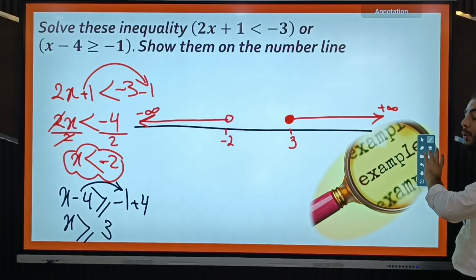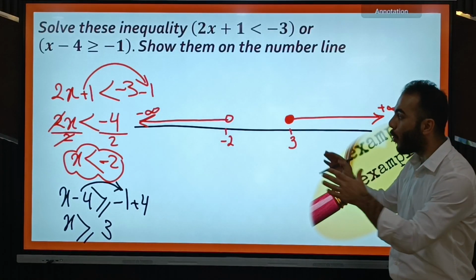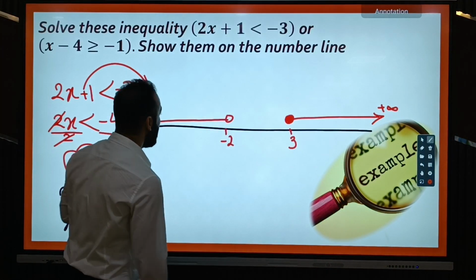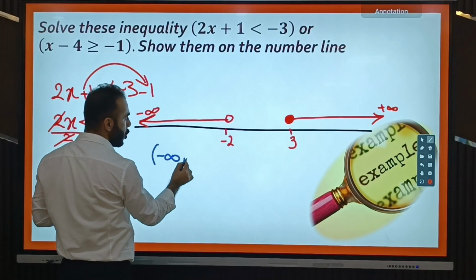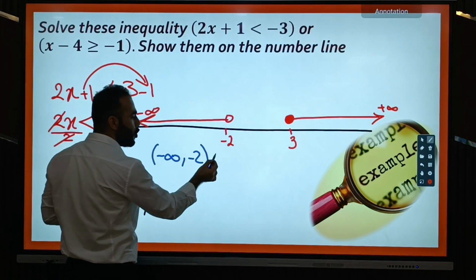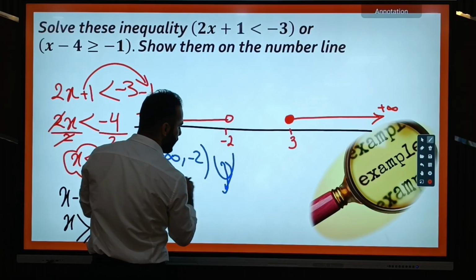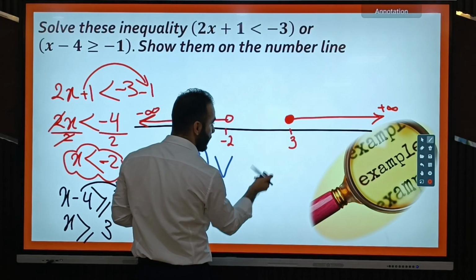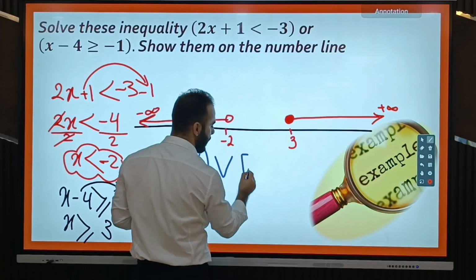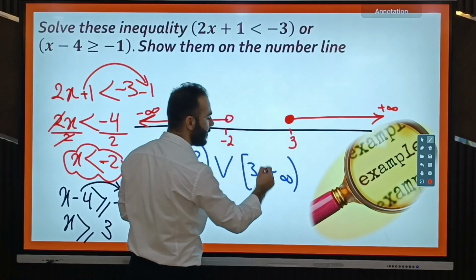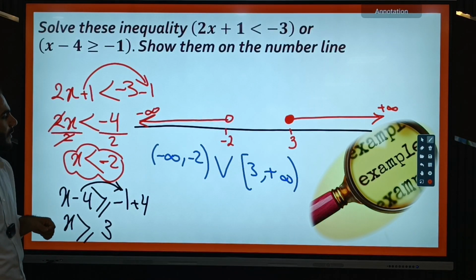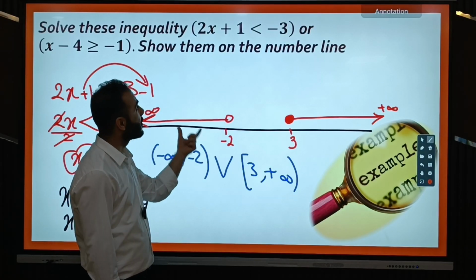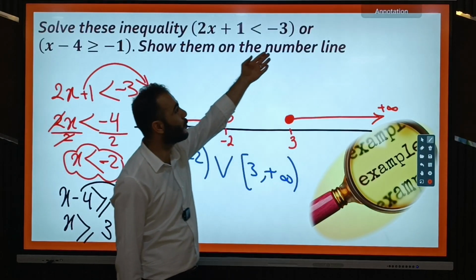So in OR, we don't have intersection, we have union, which means all those solutions that come from each of these inequalities. Okay? For example here, negative infinity to negative 2 open, union, or you can just show it with the V notation, union. From 3 closed, it's filled circle, so from 3 to positive infinity. For infinity, always put open interval. This is how we are going to represent the solution as an interval for a compound inequality that includes OR